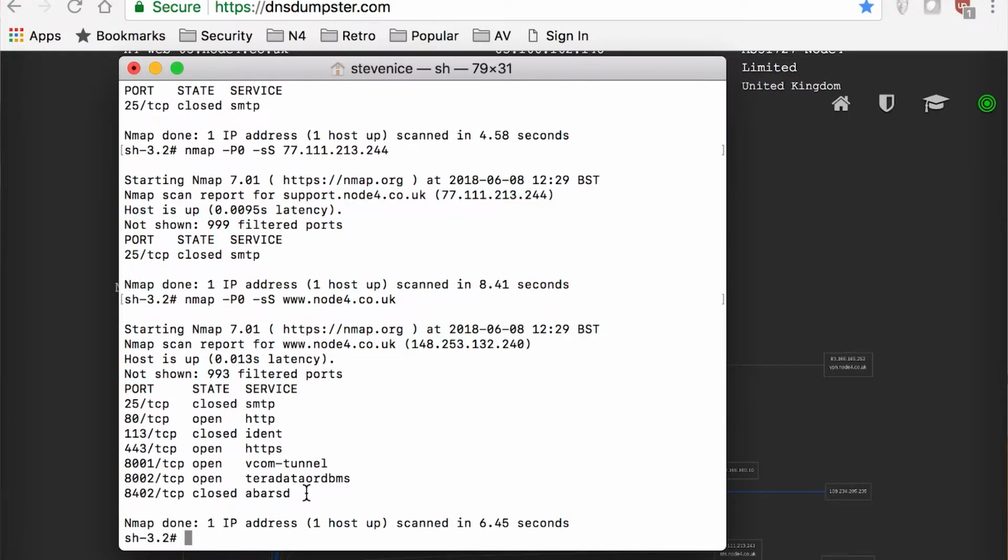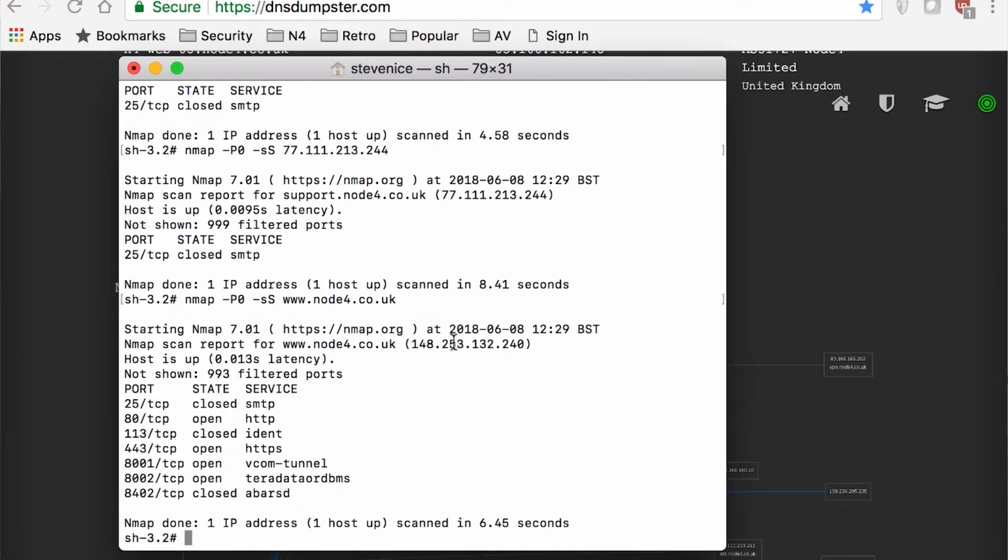So now we can see different ports open that we can have a look at. We've got port 80, obviously HTTP, which is the website. We've got HTTPS, and we've got two other ports here which seem a bit odd, 8000 and 8001 and 8002. So I wonder what's running on those. It's not really identified these as anything particularly interesting, but this is what Nmap thinks is against this. This could be anything really, and the way to do it would be to put that into a URL,